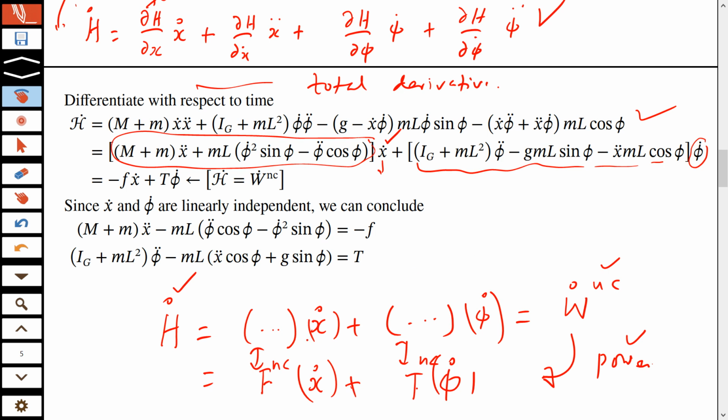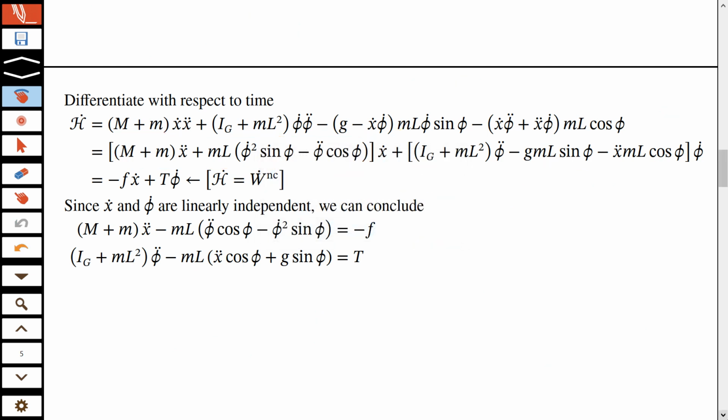Remember, you can only match coefficients in an equation from one side to the other when you have linearly independent quantities. आपको याद होगा जिस तरह आप partial fraction expansion में करते हैं, आपको याद है partial fraction जब आप expand करते हैं उसमें for example s होता है, s squared होता है, s cubed होता है, and you just match the coefficients on both sides. And that you can do here as well. So अब आपको समझ आ जाएगी कि मैंने ये grouping क्यों की है,